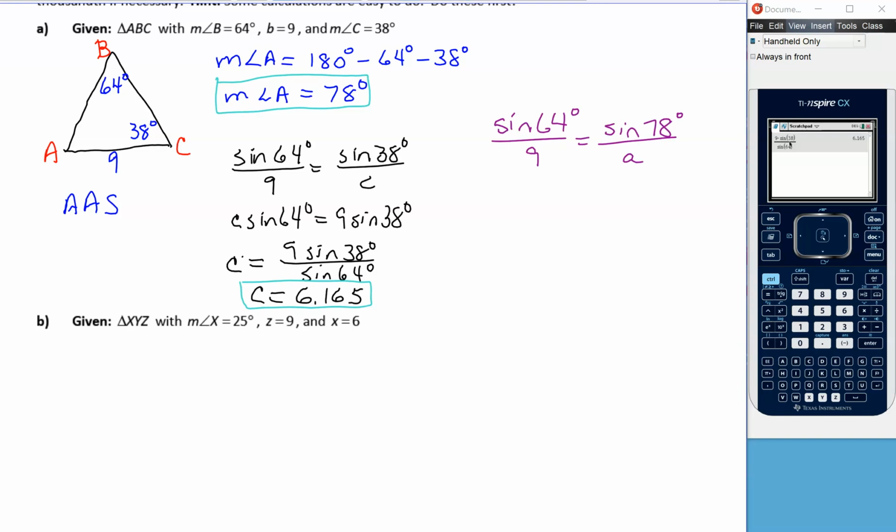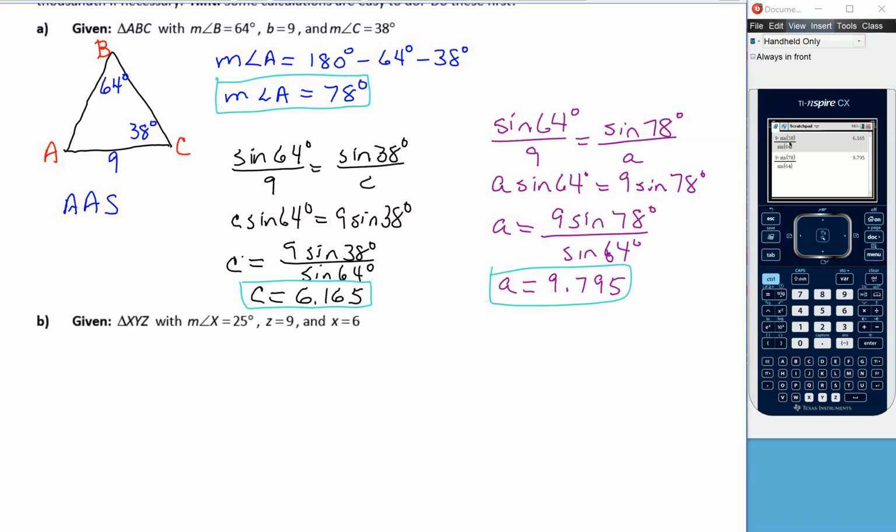We can use the same ratio, sine of 64 over 9, that we used in the first proportion, and then the other side will be different, containing the opposite angle A and side A. Cross multiplying and dividing by the sine of 64, we can enter this into the calculator for a result of A equals